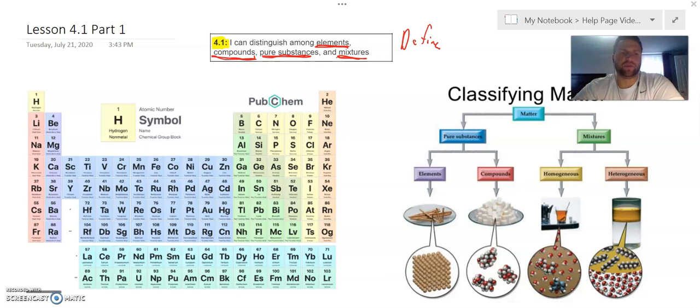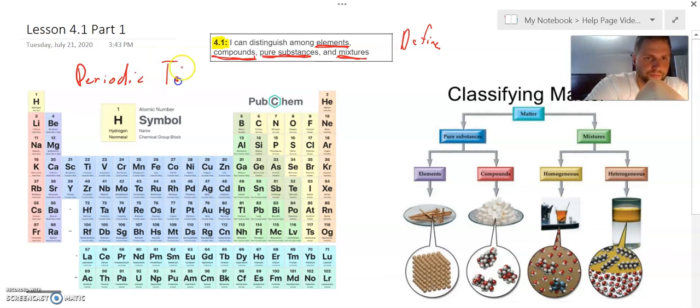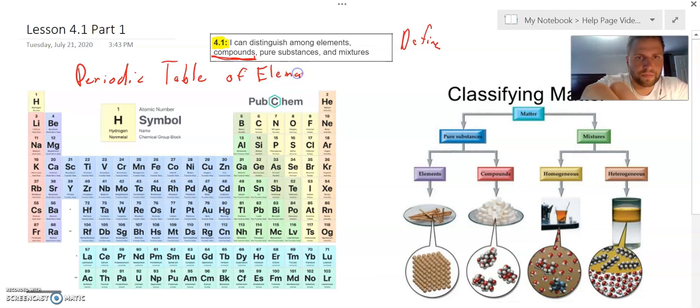So to begin to understand these words, something should be given to you in class. And hopefully at the beginning of Unit 4, you should have received a periodic table. That's what this is. Okay, so let's go ahead and label that just so we remember. This giant table is called the periodic table. And it's comprised of elements. So elements are the building block of nature, and everything in our existence is made from these building blocks here,